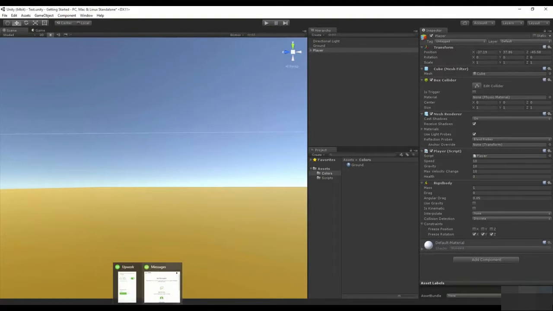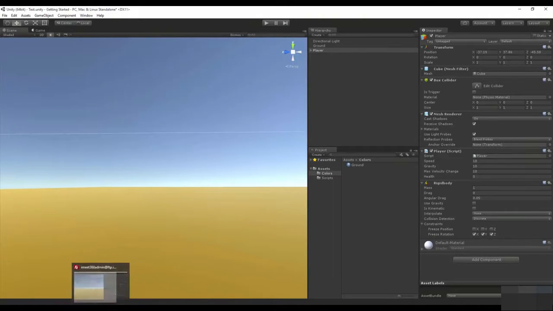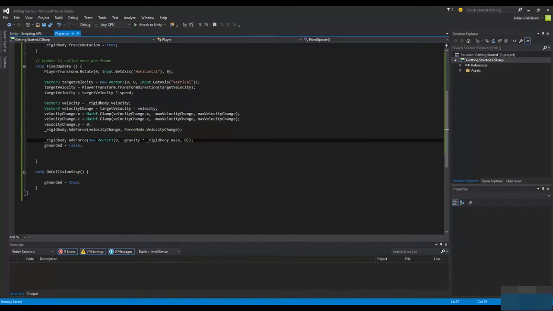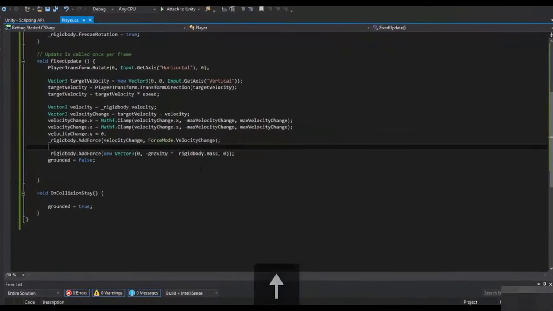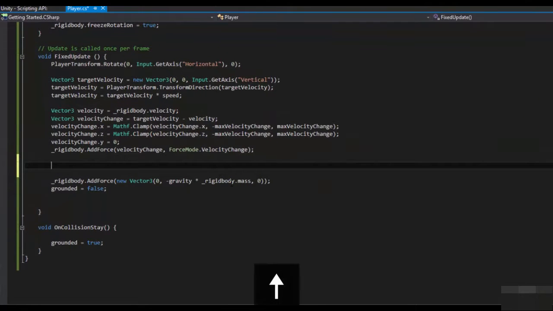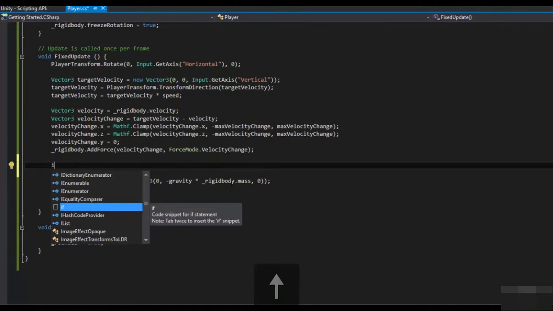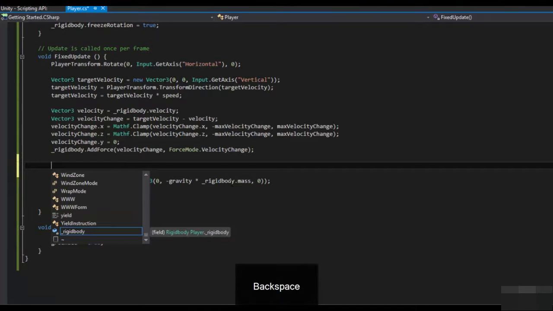Now we have to add our jump function. Ooh, where's my code? So our jump function would be right here. So I'm going to introduce you guys to if statements. If is a condition. If this, then that. Euler,